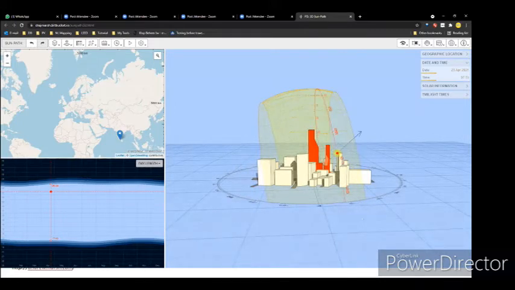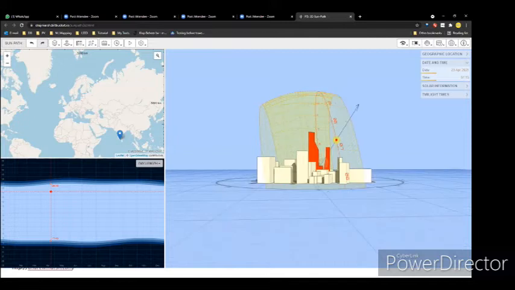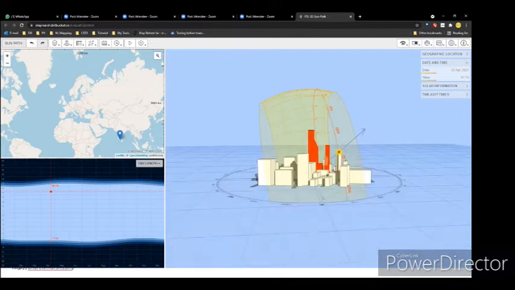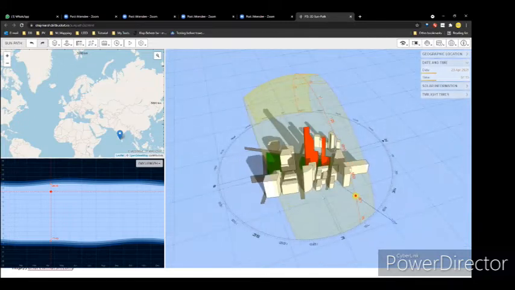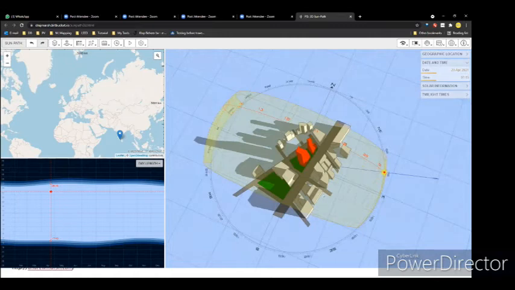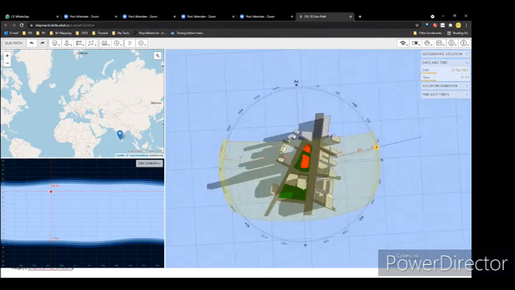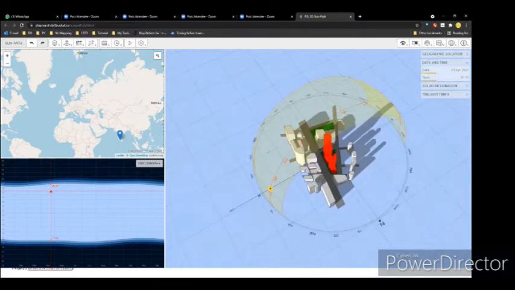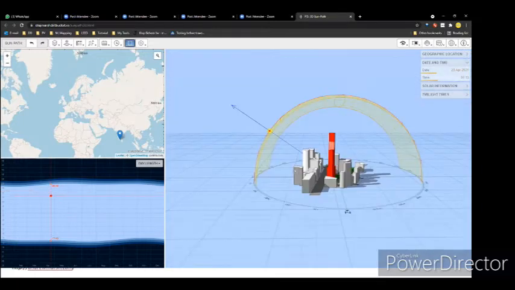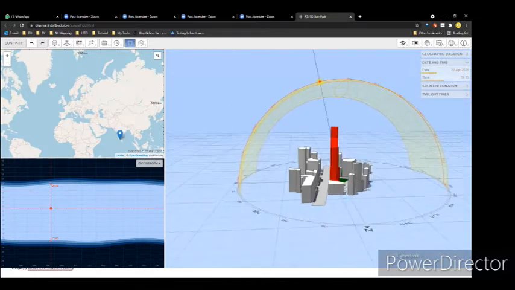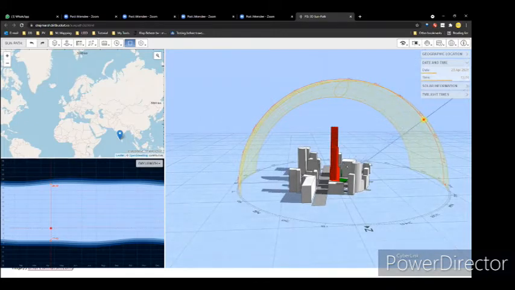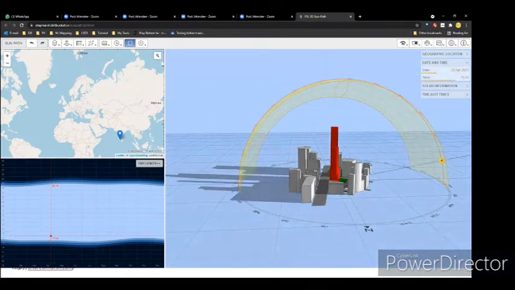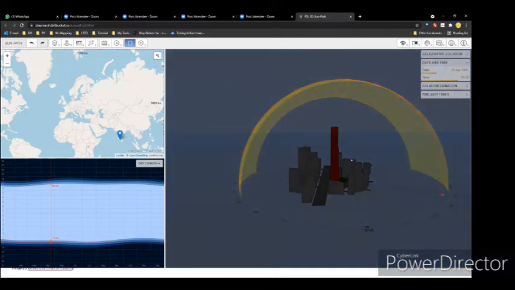So what I'm trying to do is understand the solar path in a three-dimensional way, which helps you better understand the position of your building and where the sun is coming from. And this is one of the reasons, especially from the north side, since we have the sun on the south, you can clearly see that the north is always shaded. This is why we always opt for putting more glass or creating more open spaces in the north, because we don't receive direct radiation on the north side.